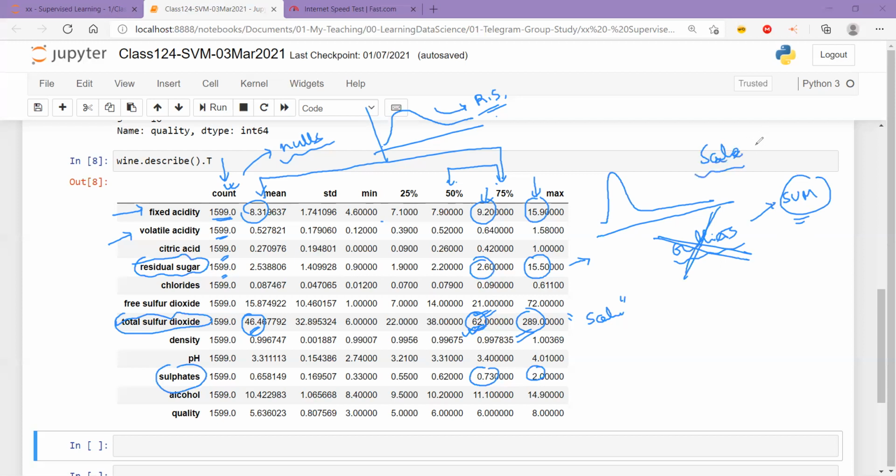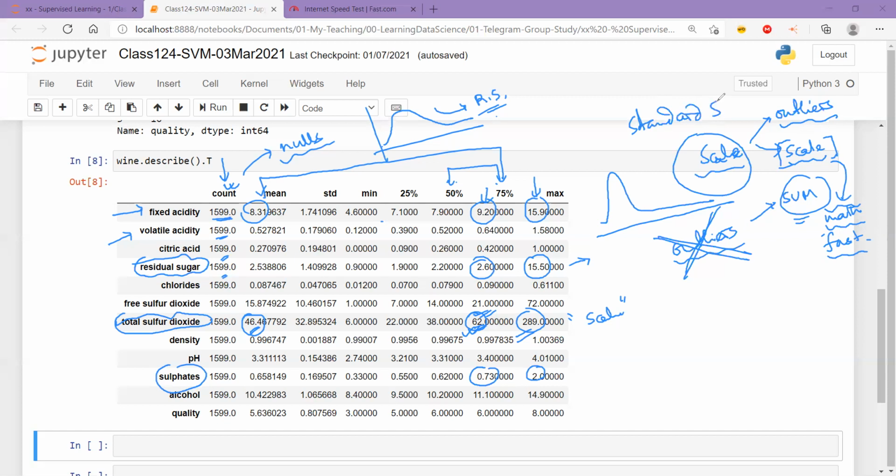The scaling of the data is not only to treat outliers or their effects to some extent, it is also to bring the data into a manageable scale so that whatever math I'm going to do on top of the data becomes fast. That's a very important reason for doing scaling. For example, standard scaling. We are going to do standard scaling here. Standard scaler is something I always prefer because it tries to convert the data into a normal distribution where mu is equal to 0 and standard deviation sigma is equal to 1. So these are two reasons why we do scaling.